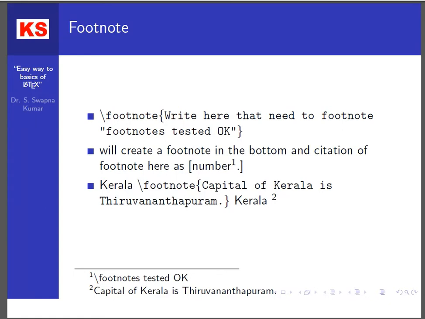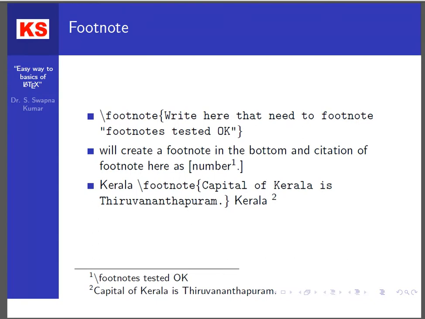So here, when you want to create a footnote, you have to give \footnote, and write what you are exactly going to highlight with respect to the text that you would like to show. When you see \footnote with the curly braces, you write here what needs to be footnoted.